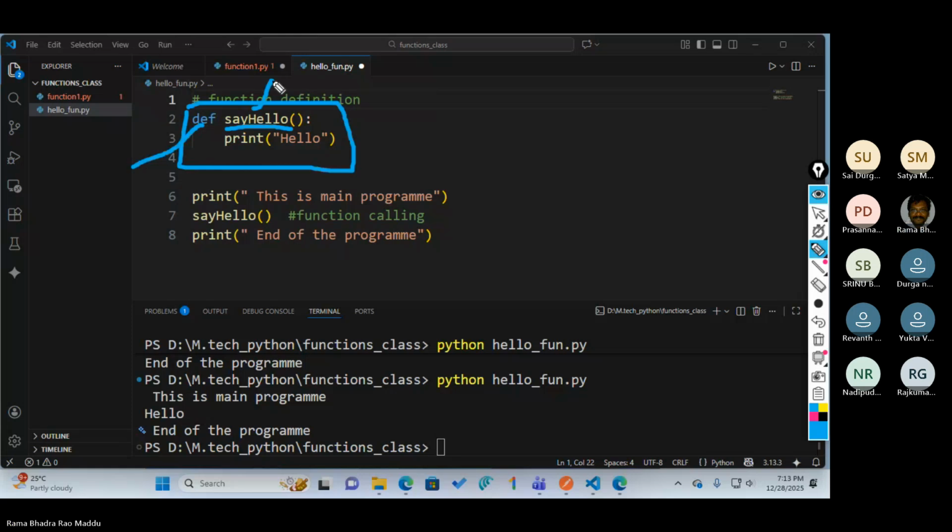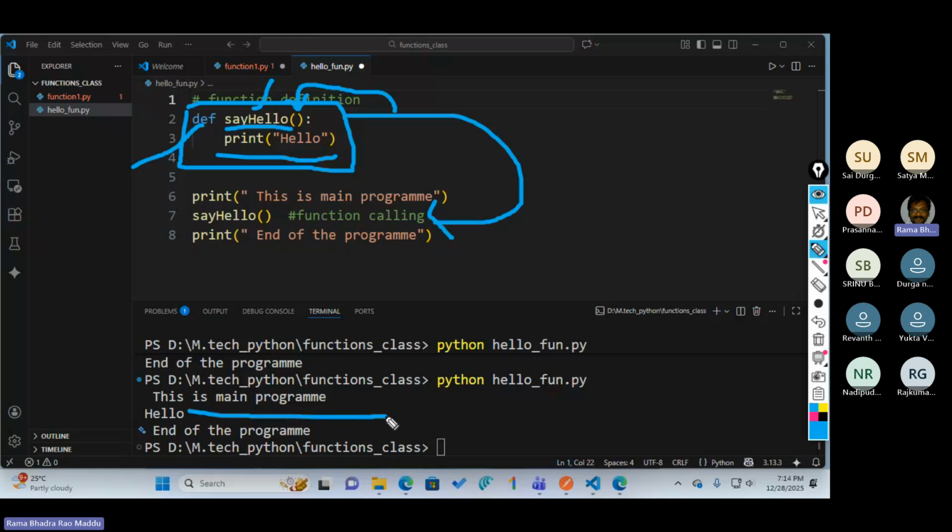Actually, our input we need to give in the form of arguments, but at present we did not give any. And hello is the piece of code I wrote in say_hello. So I am calling this function from this line, and at this place it called the definition, and automatically it is printed here. So program execution started from here. Actually, the function is already there, but it will not be called automatically. We must call it by using the function name like this.